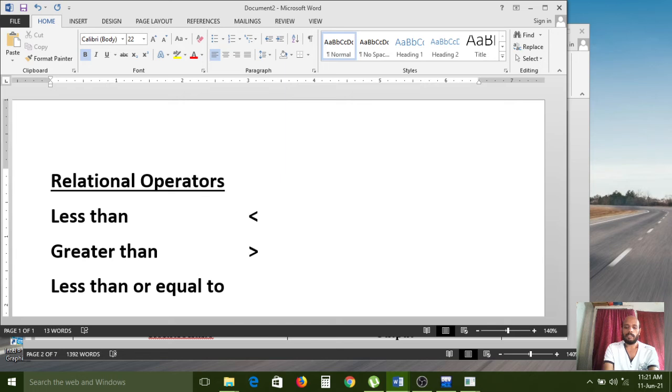In the mathematical way, by the less than symbol with a line under it we get the less than or equal to operator.